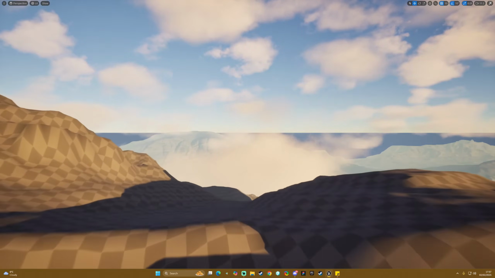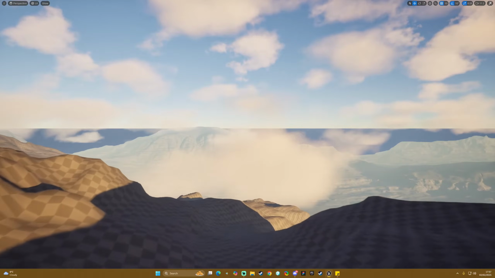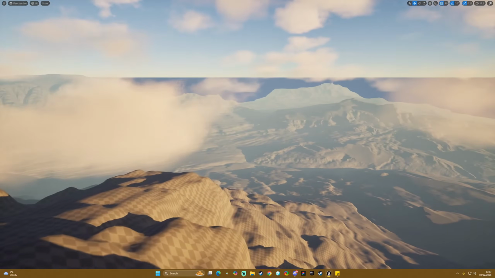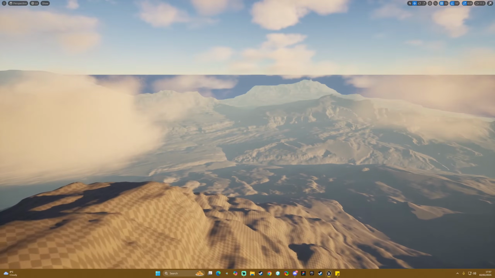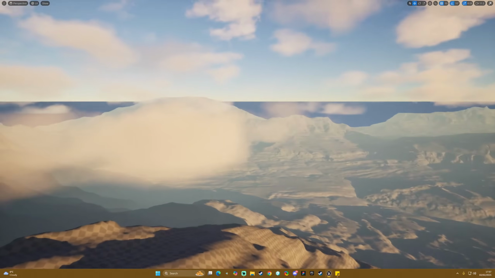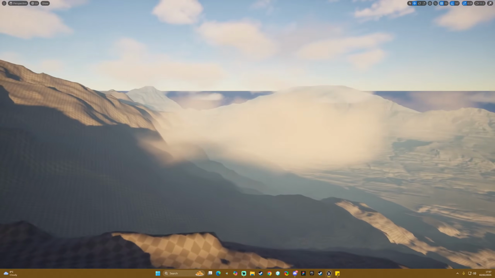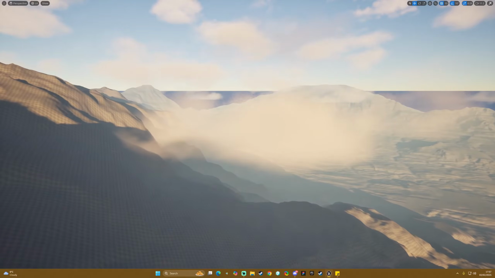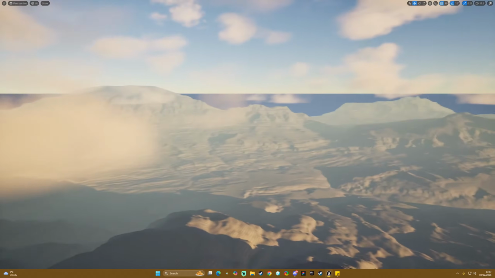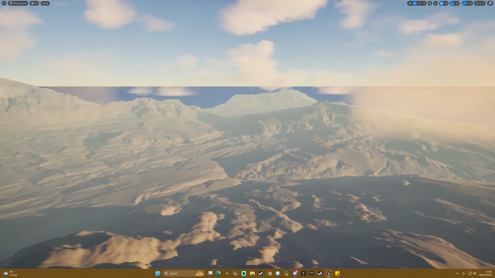Today I'm going to show you essentially how to get to this point where you have a 100 by 100 kilometer squared environment in Unreal Engine 5.5. It is going to be a very quick tutorial, as quick as it can be,